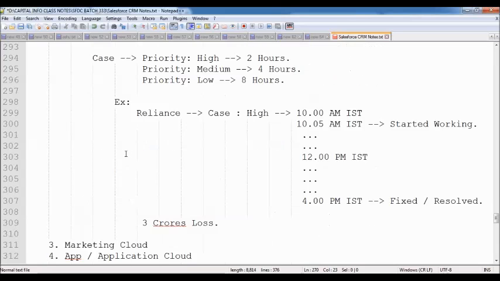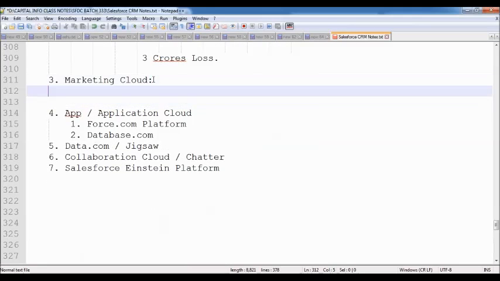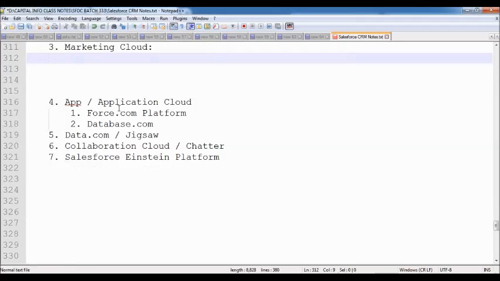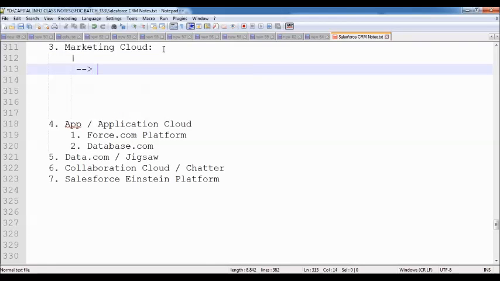The third cloud service is Marketing Cloud. So what is the use of this Marketing Cloud? Now let's see. Marketing Cloud is especially used to promote your organization's products.